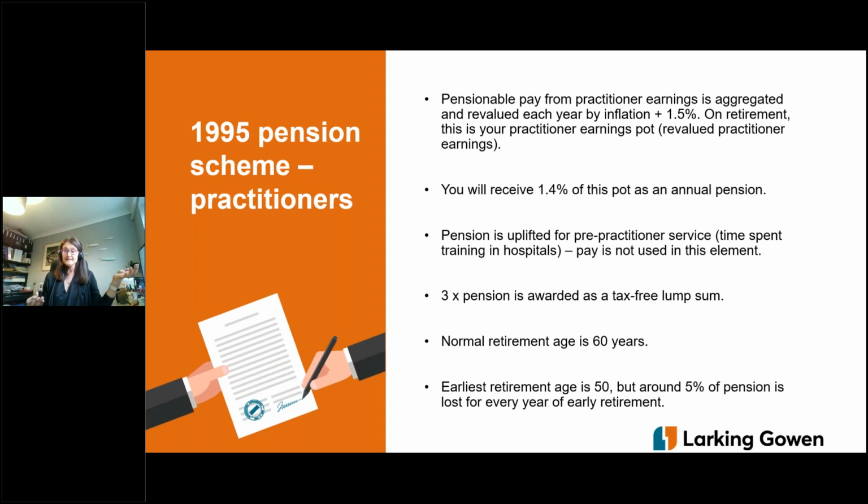So this is a career earnings average scheme. So just going back a couple of slides, you'll remember I'll say that you have earnings every year. Those are increased to keep pace with inflation, which gives you a lifetime earnings figure, which then you'll receive a pension from. Now, that lifetime earnings figure, the pension is 1.4% of that. So 1.4% doesn't seem very much. But remember, this is what you've earned since you've joined the NHS pension scheme, going into your 95 scheme, and